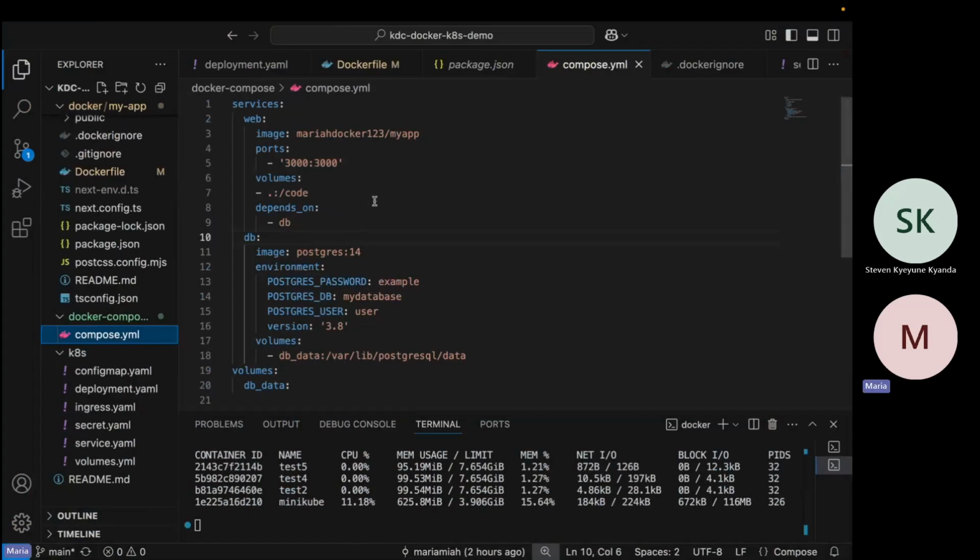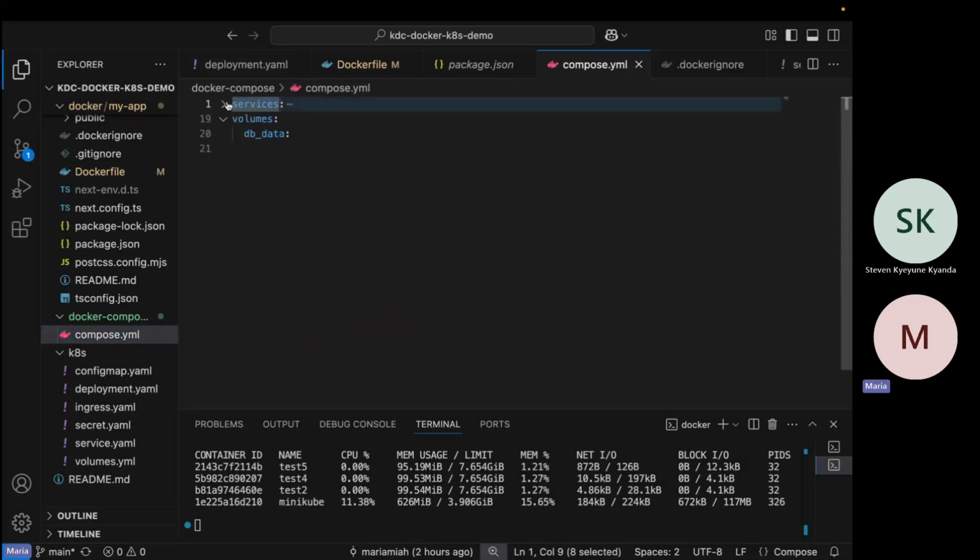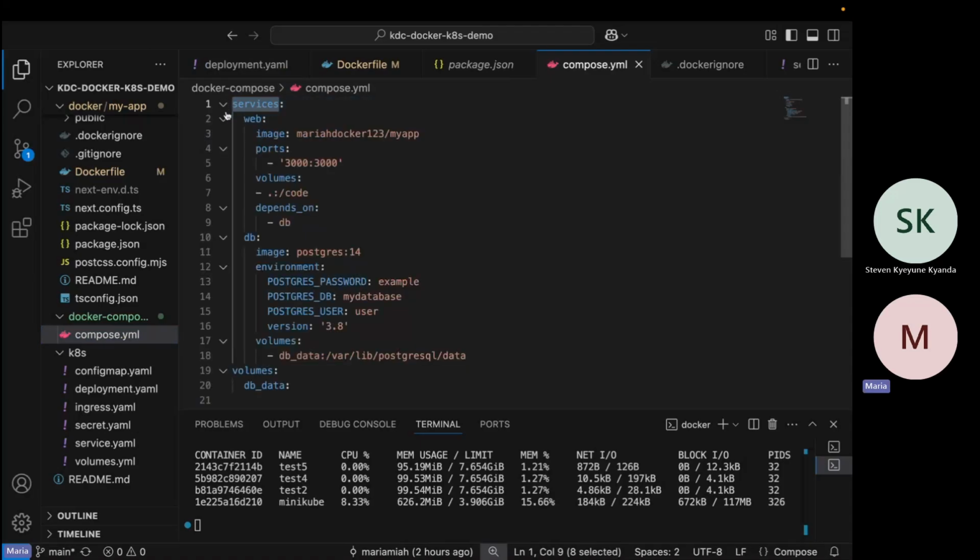We no longer need to define the version because that was in the old Docker Compose. You no longer need to define the version, it's automatically picked up. The root is services, and under services is where you define that this is my front end. You could call it web, you could call it frontend.